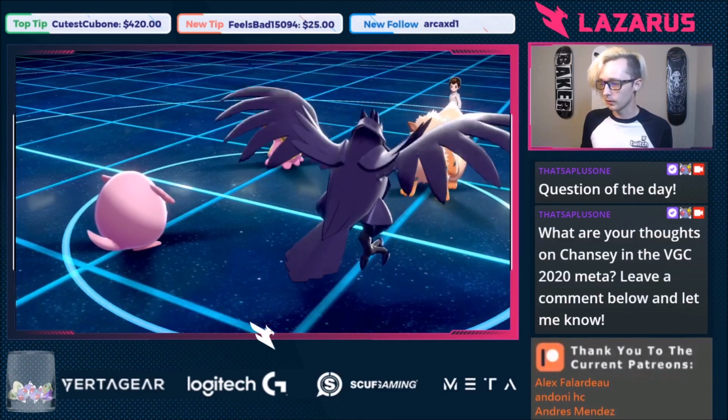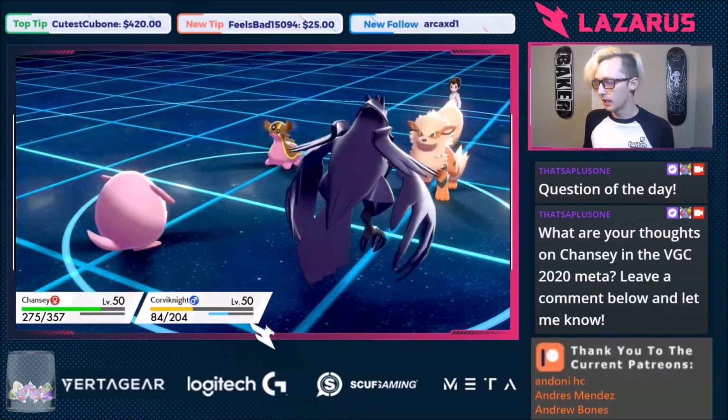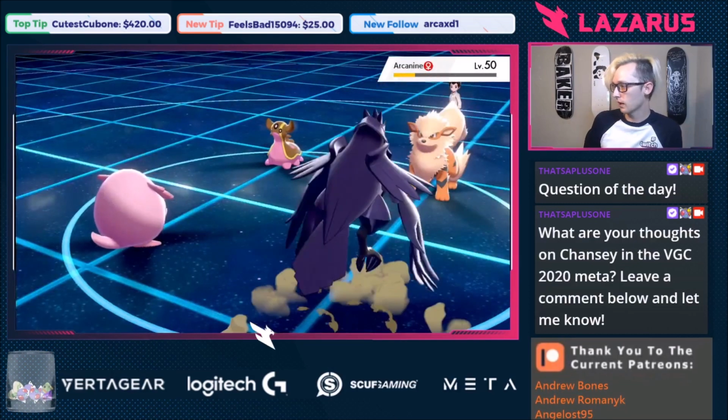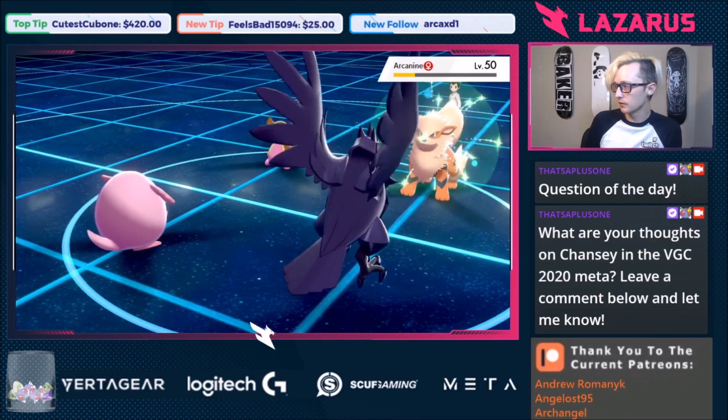Please don't burn my Corviknight or crit my Corviknight. Just let my Corviknight chill and give him the Body Press. That's right. Body Press at a +2 defense. It's gonna do a lot. See if we're proccing a berry here. Yep. And it's gonna make it so next turn we are gonna be able to go for